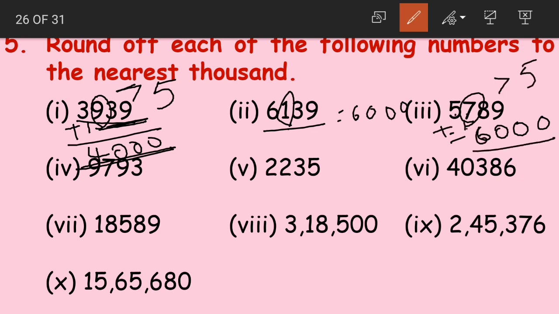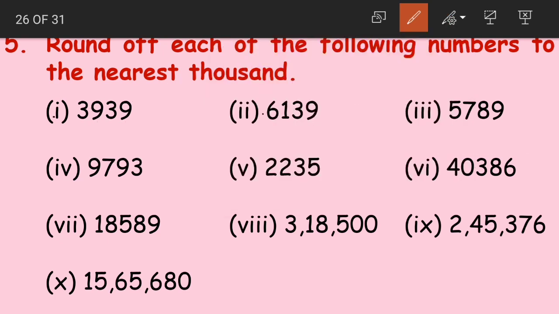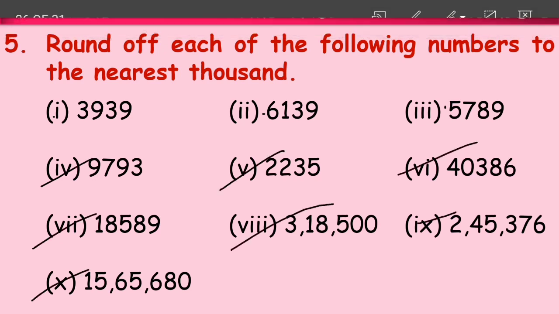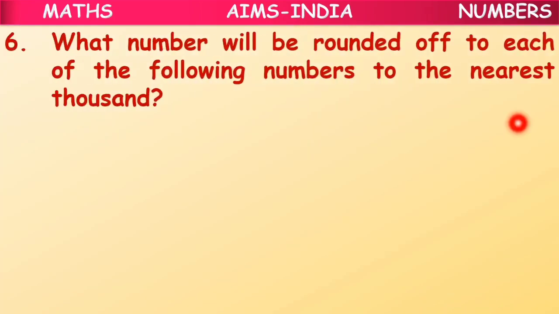Yes, 5 plus 1 becomes 6,000. Okay, students, I solved question numbers 1, 2 and 3. Try solving 4, 5, 6, 7, 8, 9 and 10 for your homework. You can pause the video, take a screenshot, or simply pause it and write it down in your notes and solve the answers. I am expecting correct answers and will discuss the answers tomorrow.